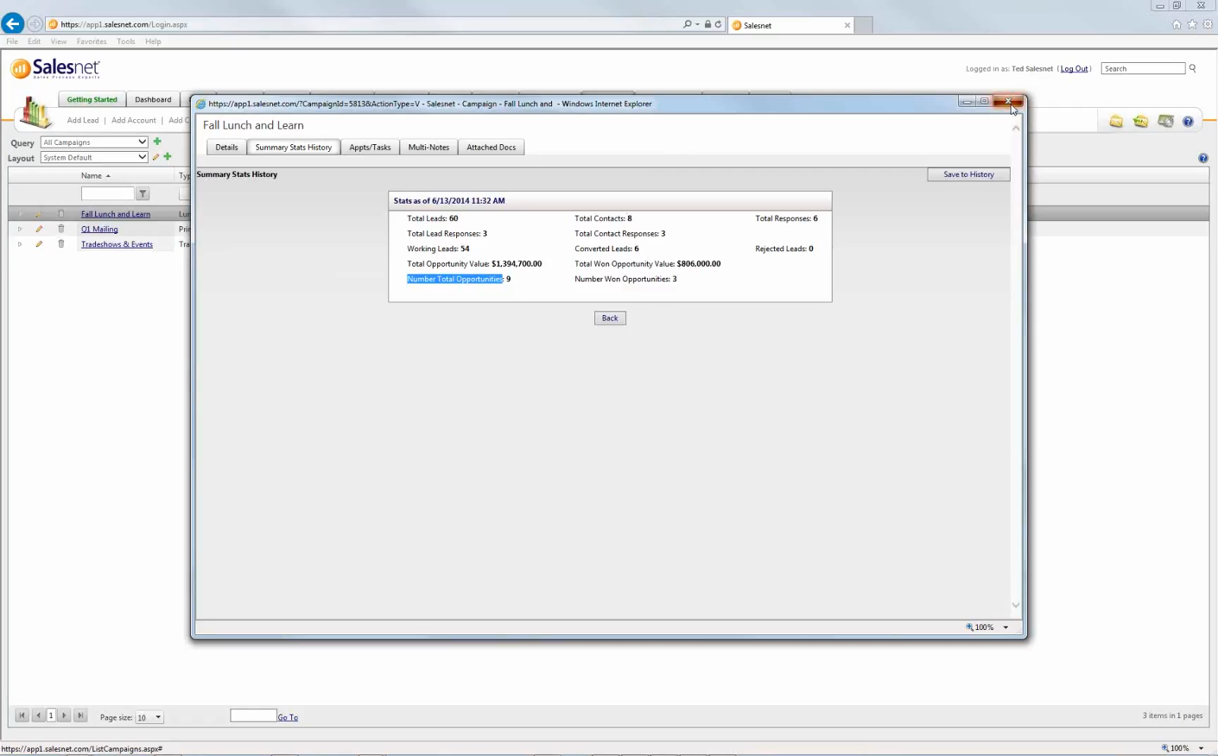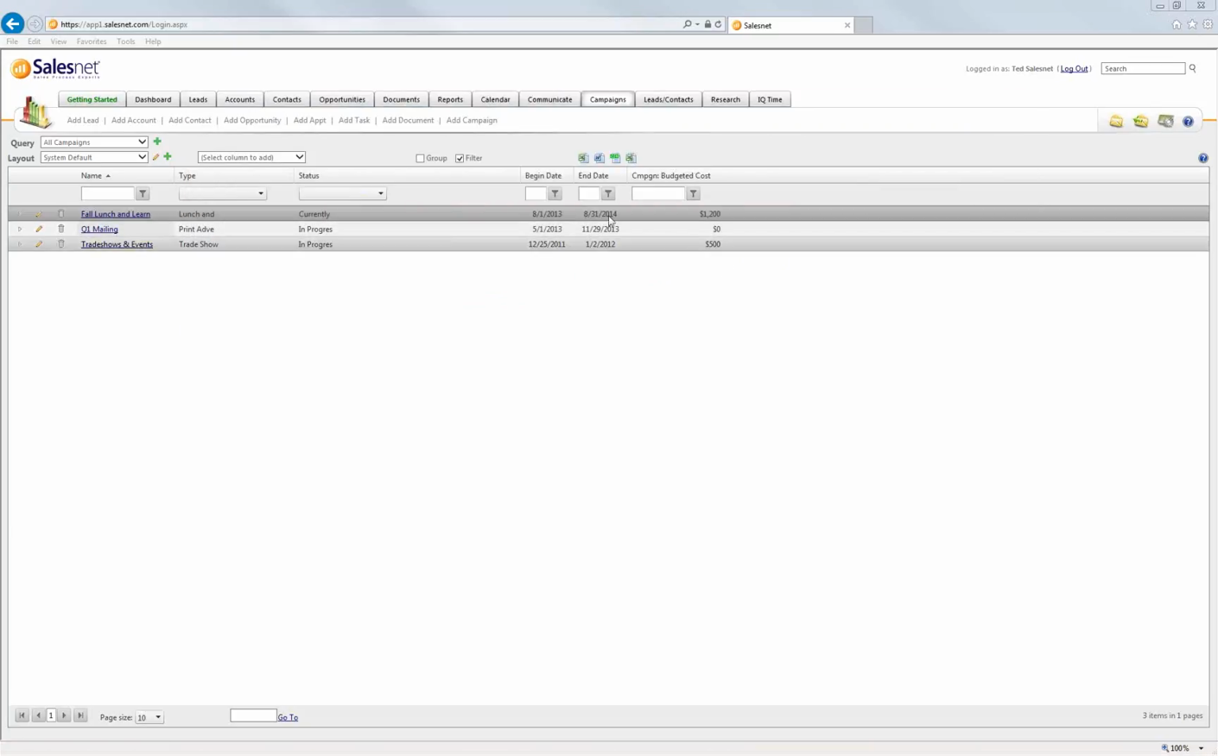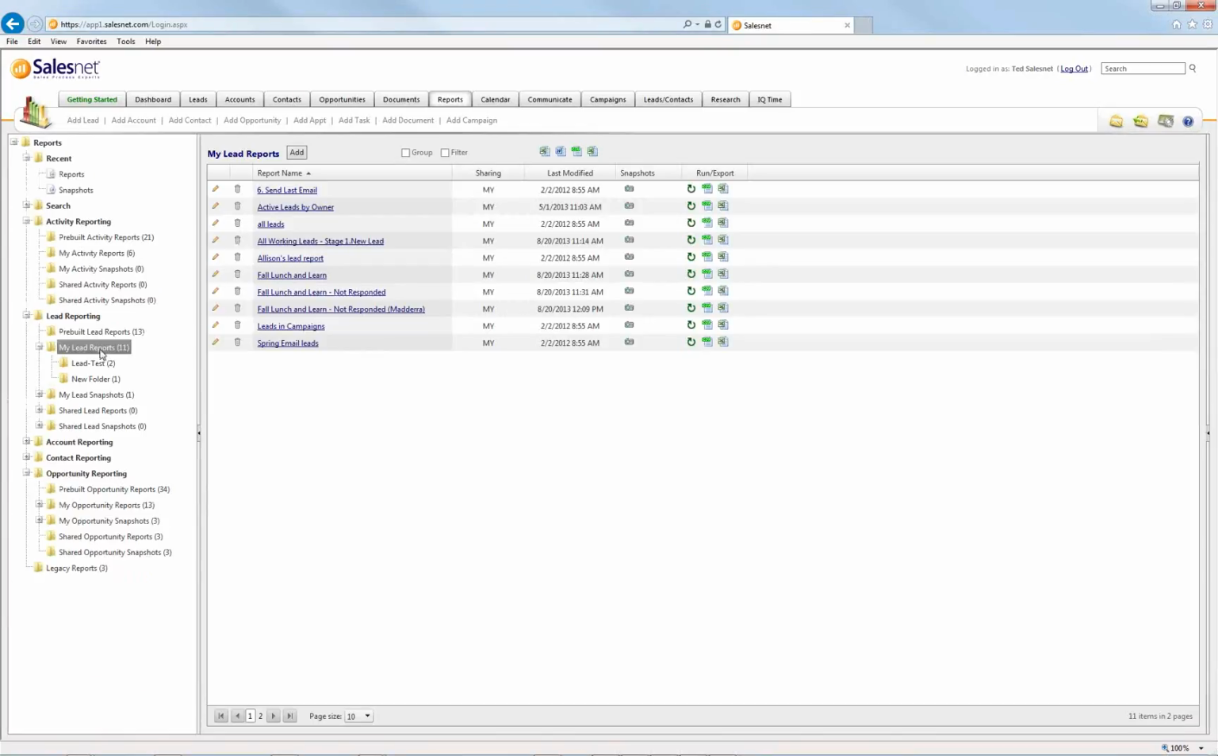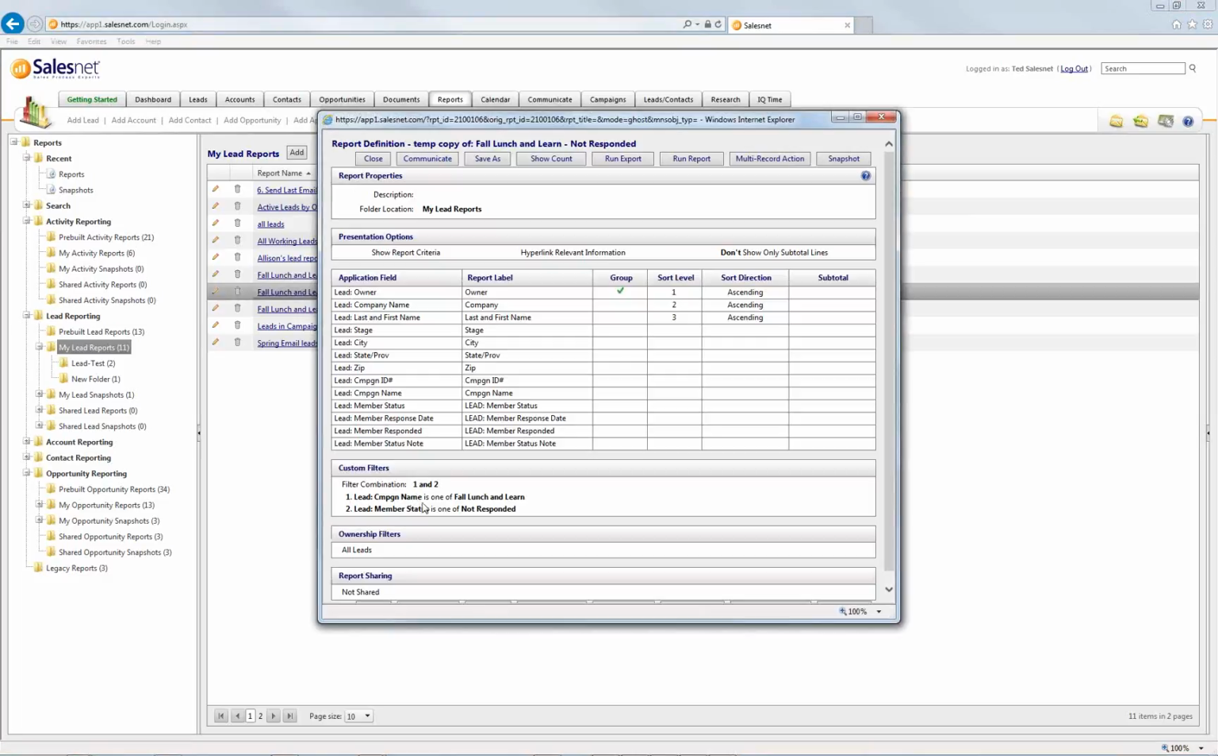All right, so let's go look at reporting. How do we know who's tied to this? If I want the real detail behind things, and again, I'm not going to get into report building too much at this point, if we just go look at my lead reports, we're going to see fall lunch and learn not responded, and then just fall lunch and learn across the board. The idea behind this report, fall lunch and learn not responded, is it's filtering on the campaign, and the member status is one of not responded. So when I run this,